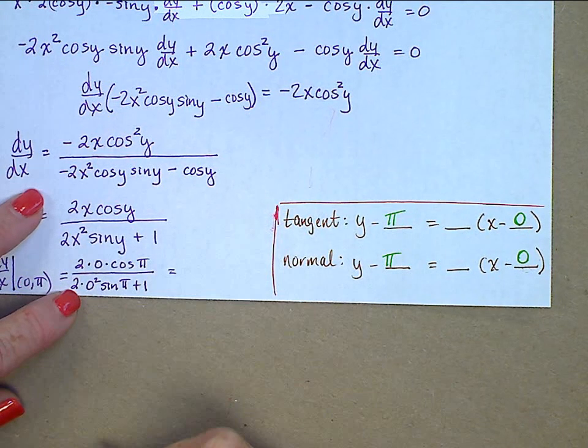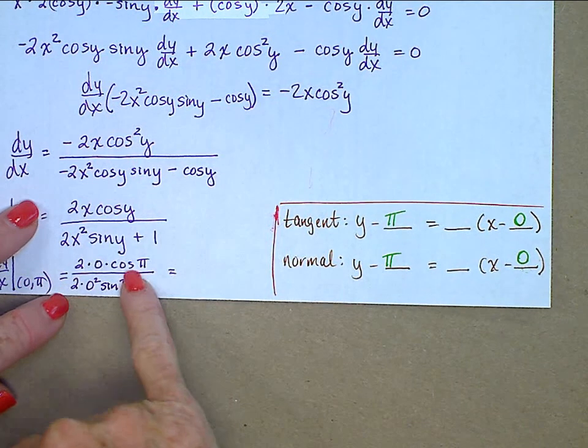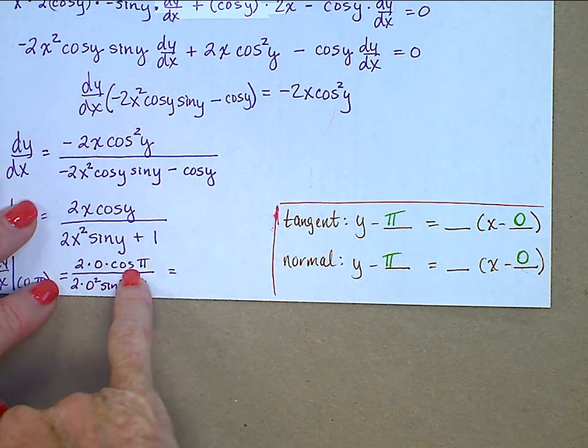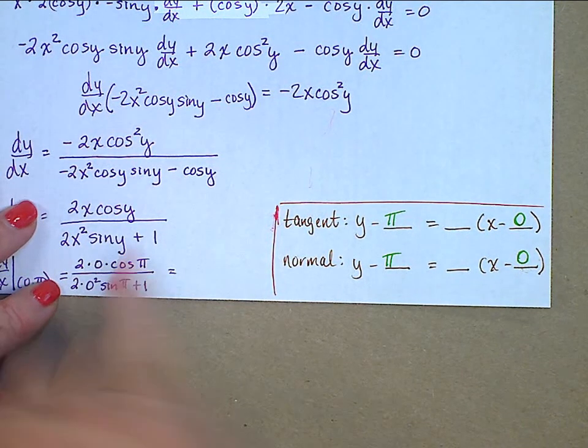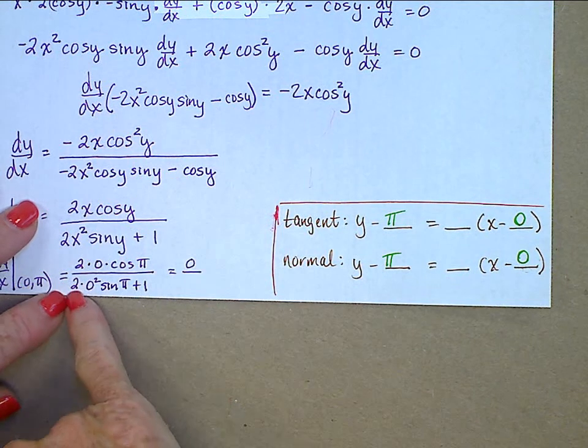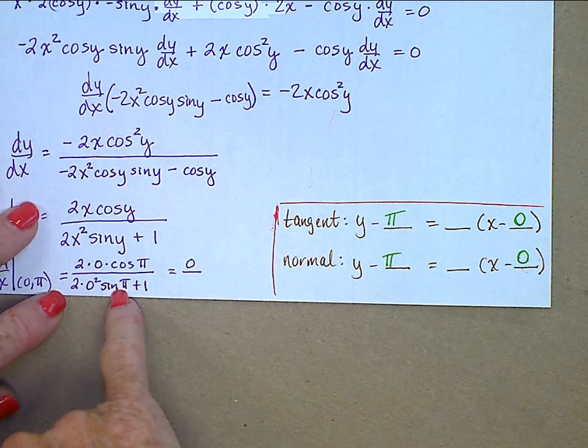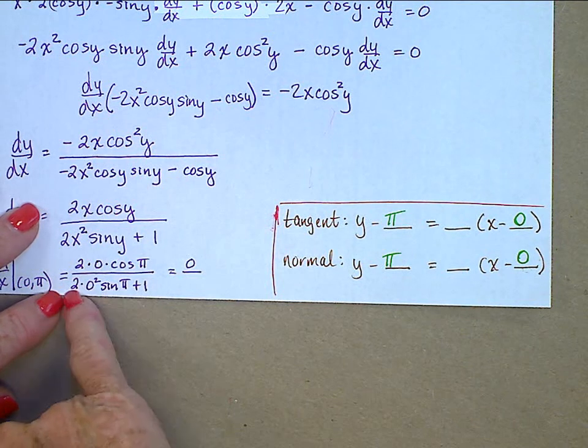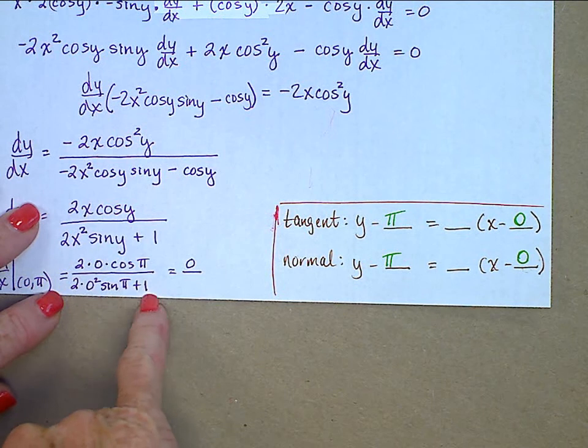All right, let's evaluate. What's the cosine of pi? Negative 1, but it doesn't matter because we're multiplying by 0. So that's 0 over, and down here, be careful, what's the sine of pi? 0. So this is all 0 plus 1, which is 1,